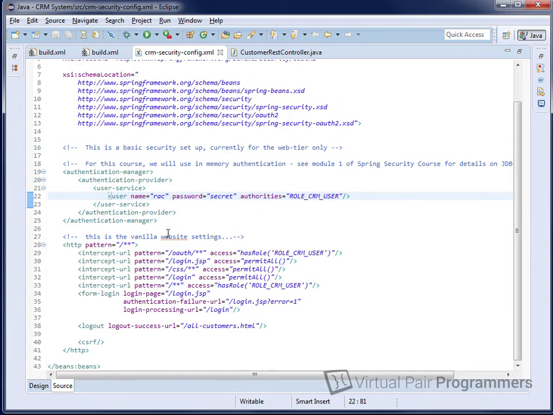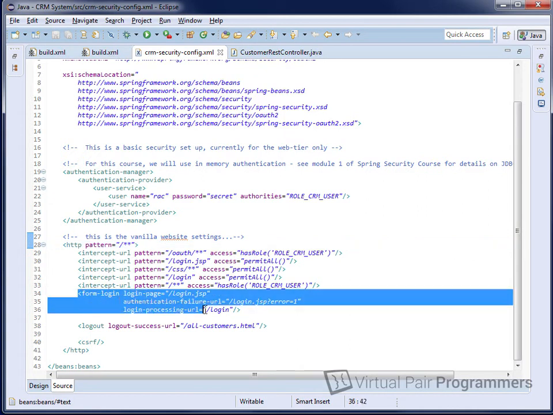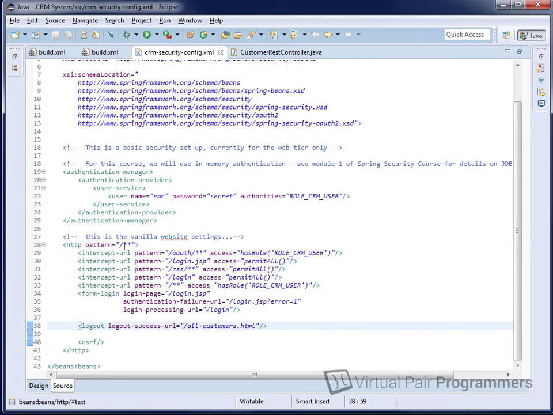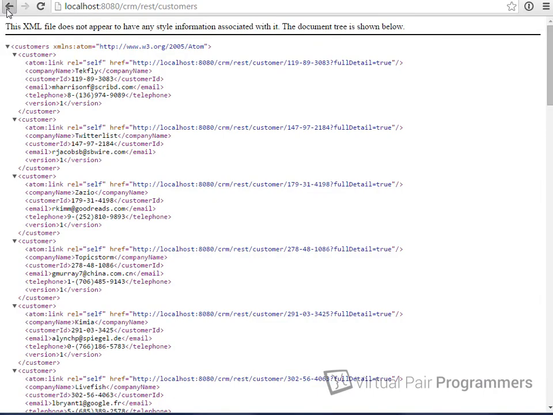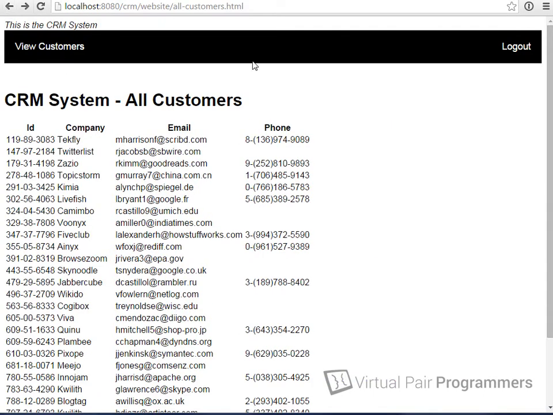Well, we have in our security configuration a setup where all URL patterns, regardless of what they are, are secured using form-based authentication. So this is going to apply not just to the website, it will also apply to our REST services as well. I went through this quite quickly in the previous chapter, but if I go back to the website